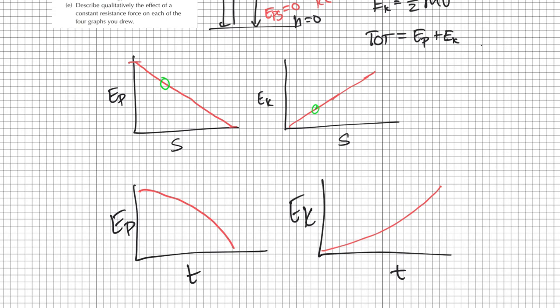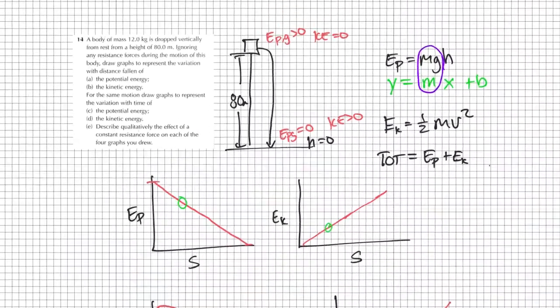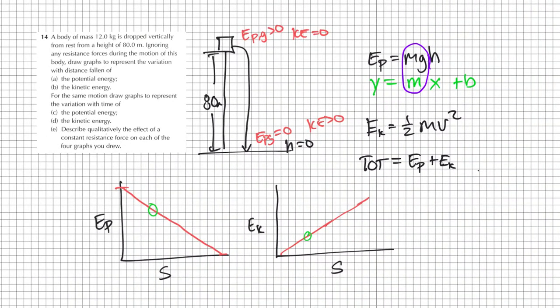Last part then, it says describe qualitatively the effect of a constant resistance force on each of the 4 graphs you drew. And so I would interpret that based on air resistance. So as something is falling, if there is some constant force due to the air resisting it, that's not really going to change this graph, because this graph is all based on height. So it doesn't matter how long it takes me to get there, it just matters where it is. So I would have a graph that looks something like this,